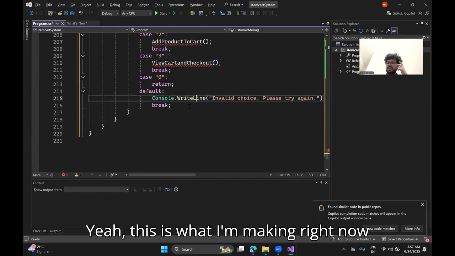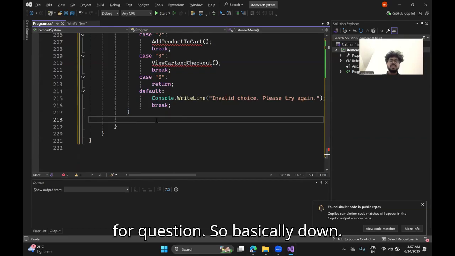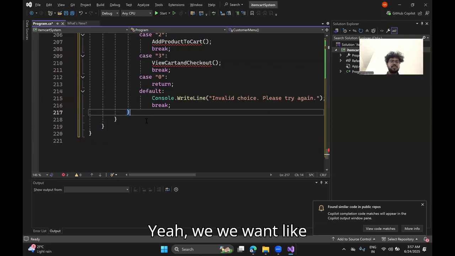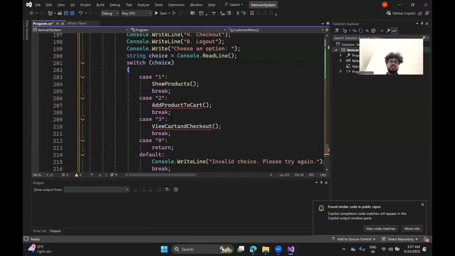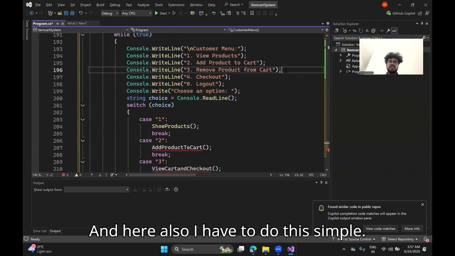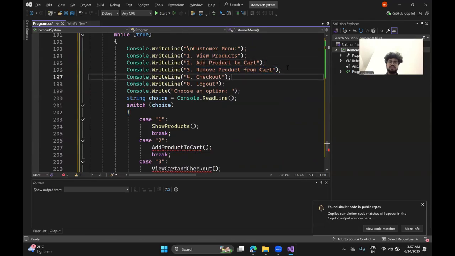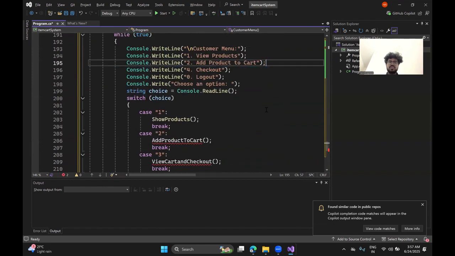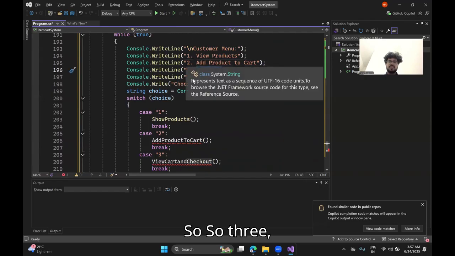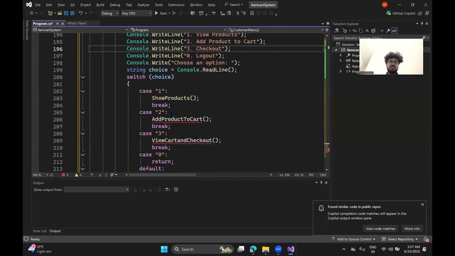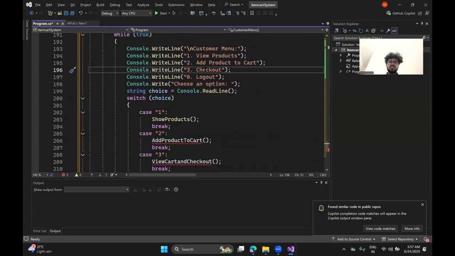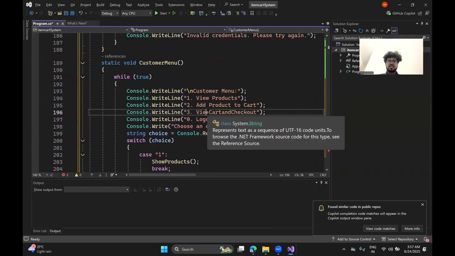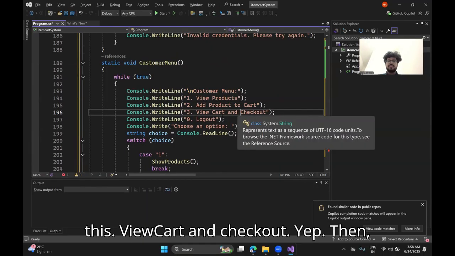Yeah, this is what I'm making right now for this thing. So basically down. Yeah, we want like this, and here also I have to do this thing. Okay, so three. Yeah, I'll do it. View cart and checkout. Yeah. Then